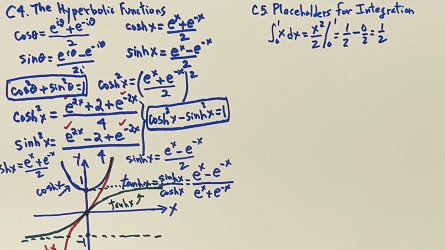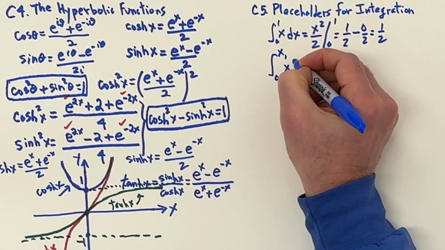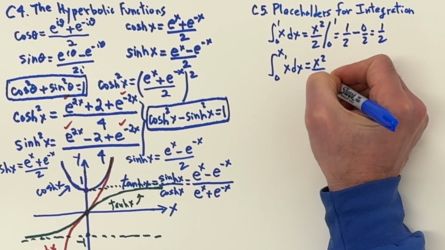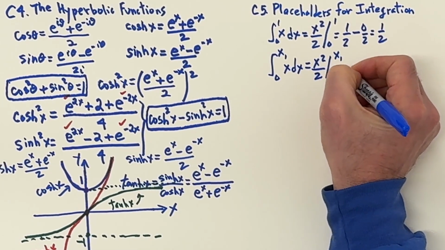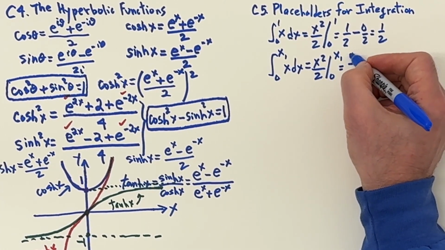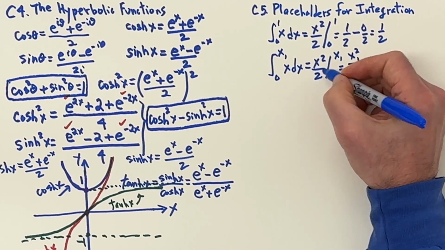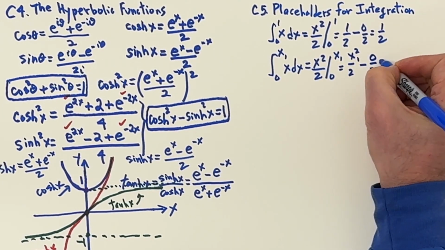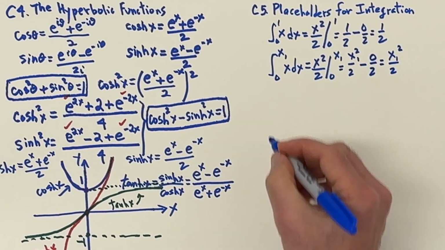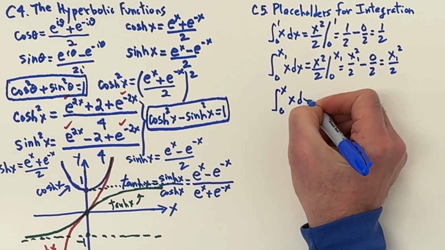No ambiguity. Everything's cool. If we go from 0 to x sub 1, there's also no ambiguity. We would have x squared over 2 from 0 to x1. We would put in the x1 first, so x1 squared over 2, and then minus 0 over 2, and you would get x1 squared over 2. No problem. No ambiguity. But if we were to do this, 0 to x of x dx, now what's going